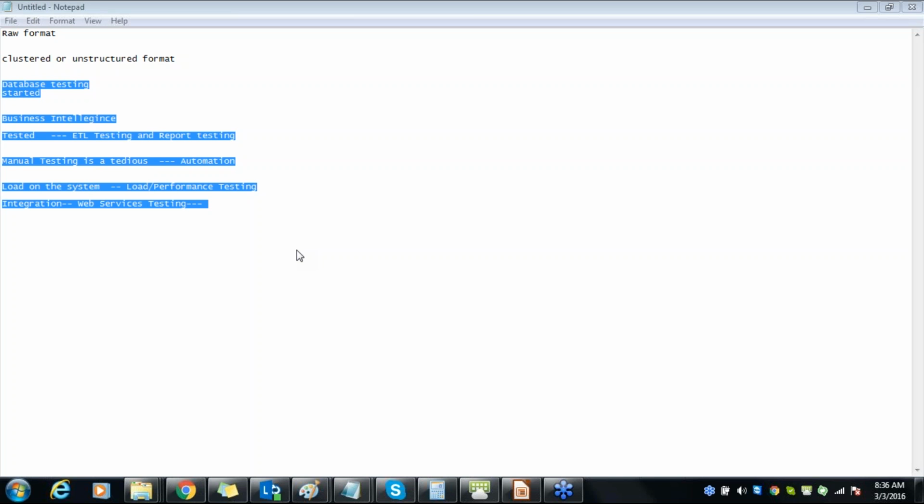So it's very simple. It just needs to plug into that environment. That's it. So load testing doesn't need a lot of coding. But for automation testing, yes, we need to have an understanding of whatever tool we are using, either Java or VB scripting. Hope this answers your question.